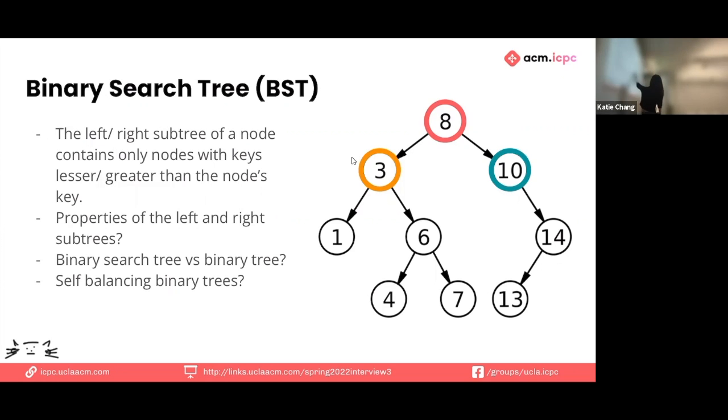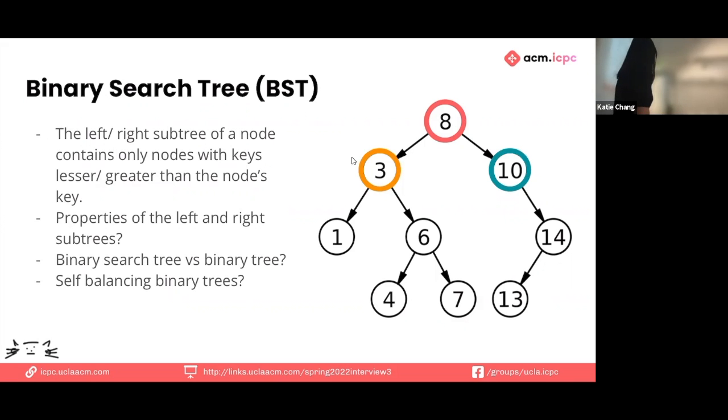So if we look at our tree, what one valid subtree would be 3, 1, 6, 4, 7? What is the property of this subtree specifically? And can we generalize it? Yes. So for each tree, its subtrees should also be a binary search tree. This is a very important property, and I keep emphasizing it because this is how we differentiate it from other trees, and this will be the important factor that we consider when we